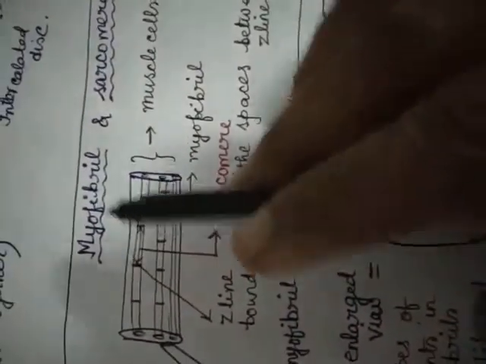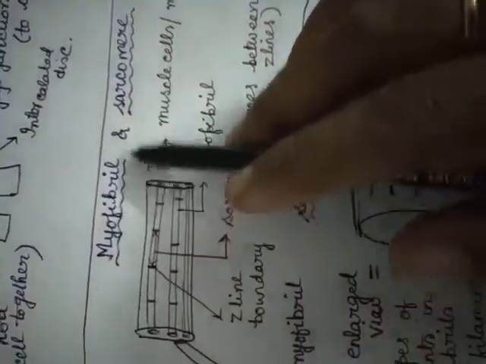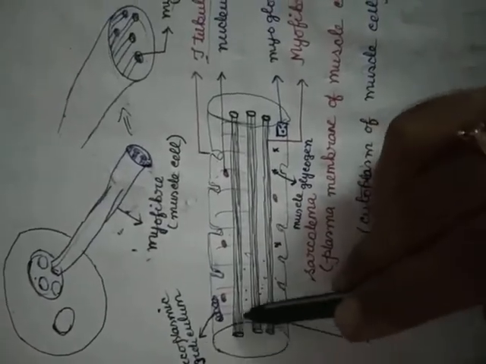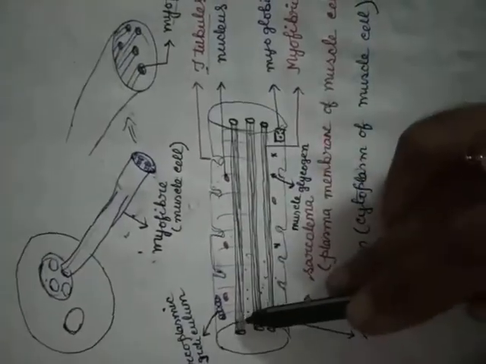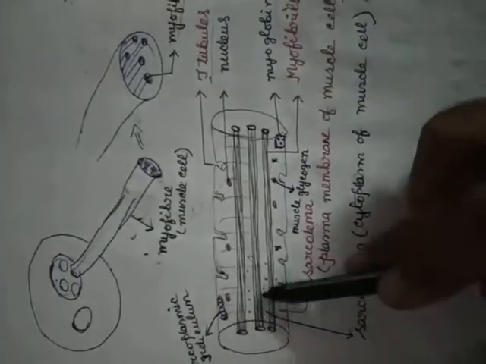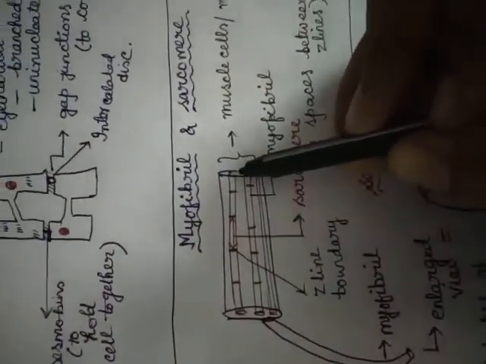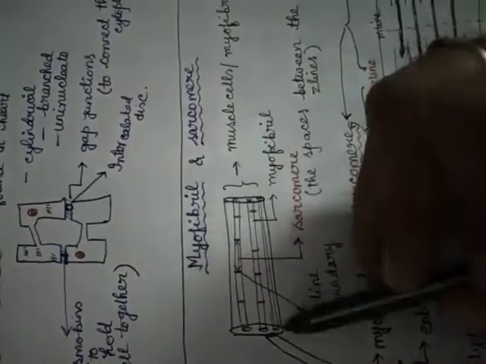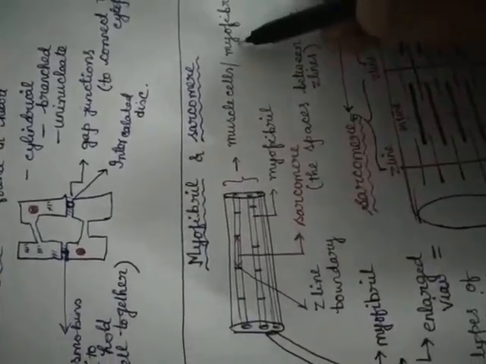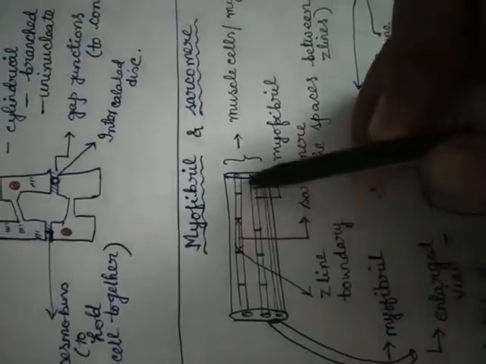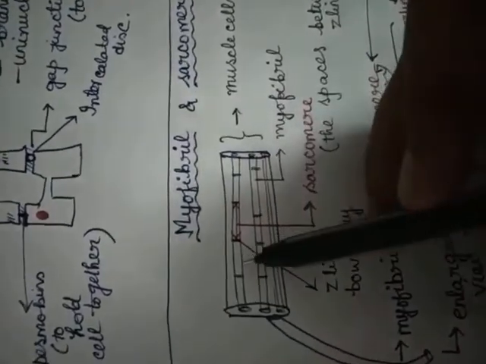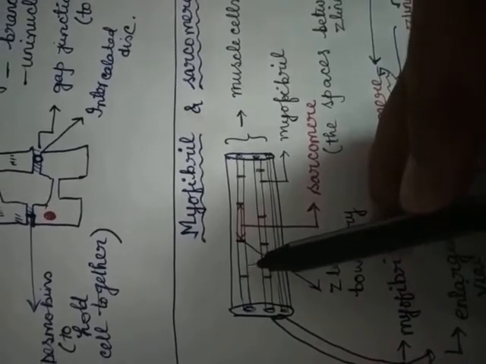Today I will discuss the structure of the myofibril and sarcomere. In the previous class we discussed that within the muscle cell, some myofibrils are present. This elongated structure inside the myofiber is called a myofibril. This is the myofibril, and the entire structure is the muscle cell or myofiber. Within these myofibers, cylindrical myofibrils are present, and these myofibrils have compartments just like train compartments.